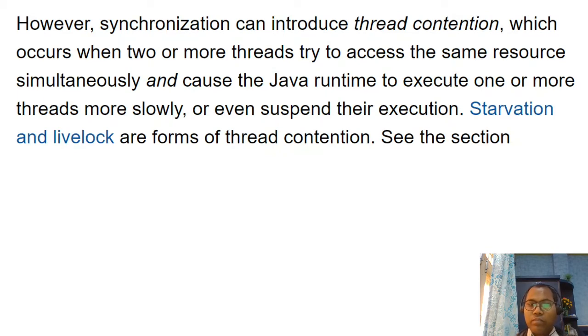So synchronization solves some problems but has a different perspective as well.